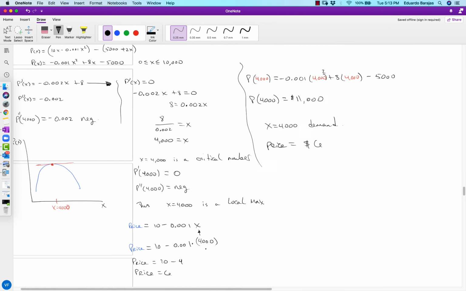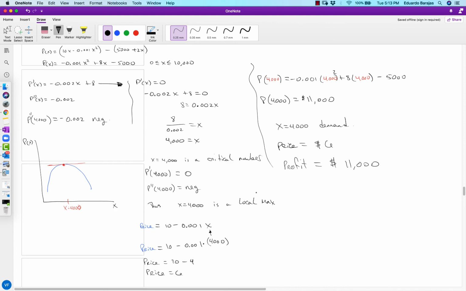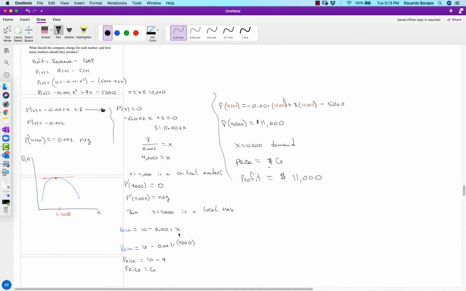Price was $6. And now we get that the profit is 11,000. So when we set a price of $6, we expect to sell 4,000 units, and we will maximize our profit, and that profit will be 11,000. Given the conditions we're considering, that's the most money you can make, 11,000, by setting it equal